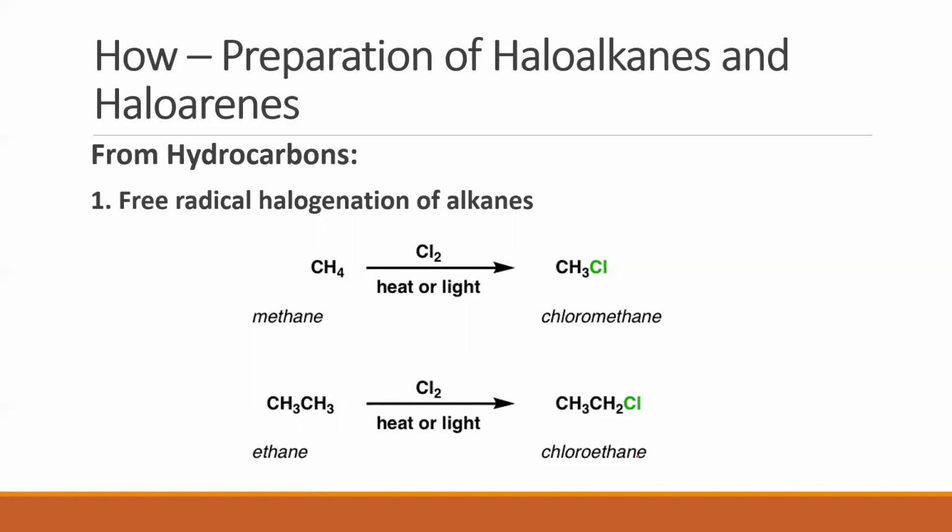Clear? Hence, this method is not a preferred method. Unlike the previous method we just saw. We just saw Darzon's process, and we said Darzon's process is the preferred method. Why is that a preferred method? It's a preferred method because the byproducts are gases, and it's easy to separate the primary product from the byproducts. Whereas I'm just saying that this method, free radical halogenation of alkanes, is not a preferred method. It is not used frequently.